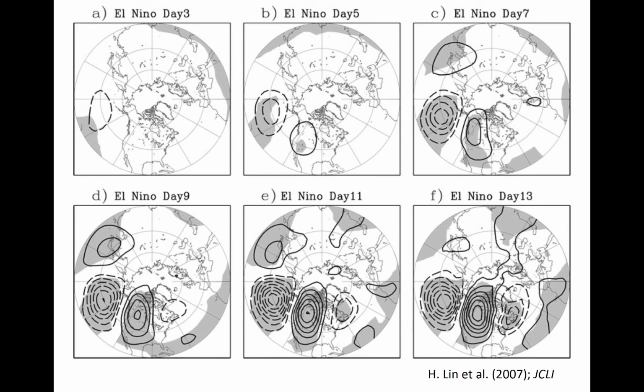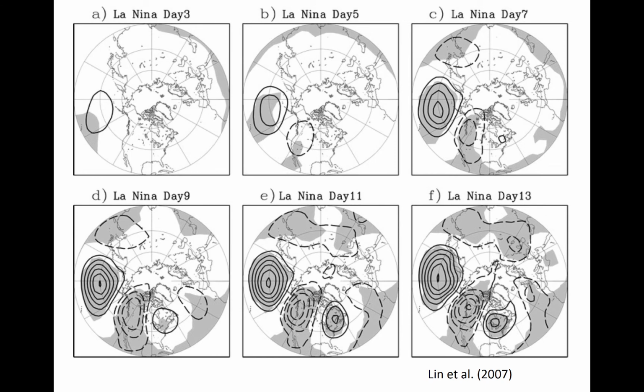A high amplitude wave train sets up over North America within 2 weeks that is consistent with the El Niño teleconnections observed in the United States, roughly. Ridging over the western part of North America, where you get that warm temperature in the Pacific Northwest, and then troughing in the east. The first signal, however, reaches North America within about a week. It doesn't reach Europe until maybe about 2 weeks or so. The response is essentially of opposite sign during La Niña, which is shown here.